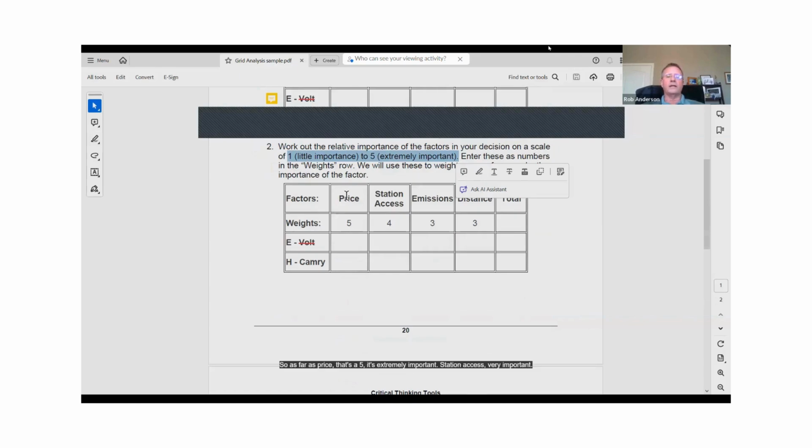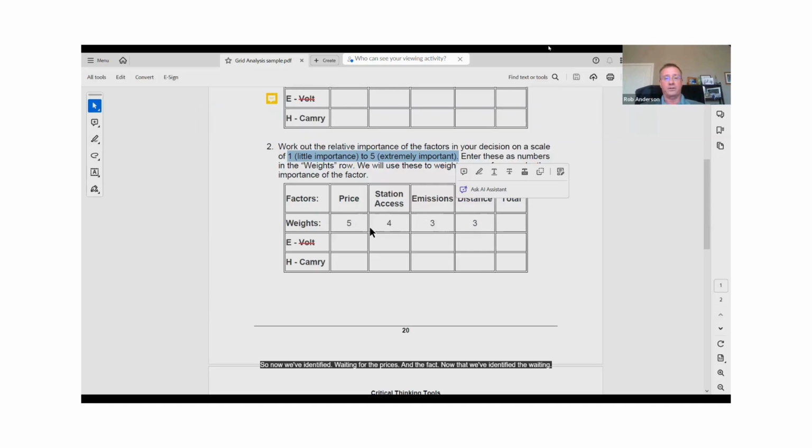So as far as price, that's a 5. It's extremely important. Station access, very important. Again, if we're looking at an all electric, we need to have that station access. Emissions are 3, sort of in the middle of the pack, as is distance, because once again, we're not going cross country. So now that we've identified the weighting for all 4 factors, we can move on to step 3